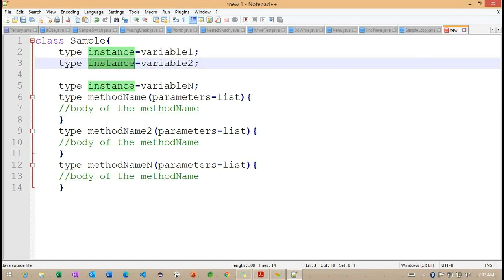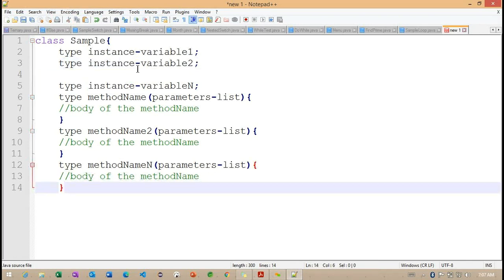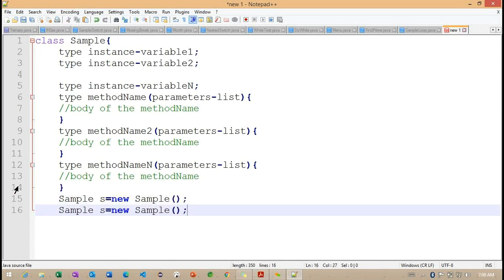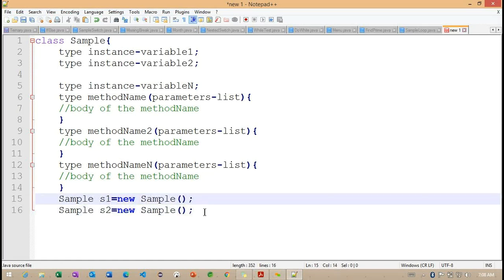We call them the members of this class. After creating this class, whenever I create an object, each object will contain its own copy of the variable information. For example, I have this sample class, and I'm creating two objects here, S1 and S2.